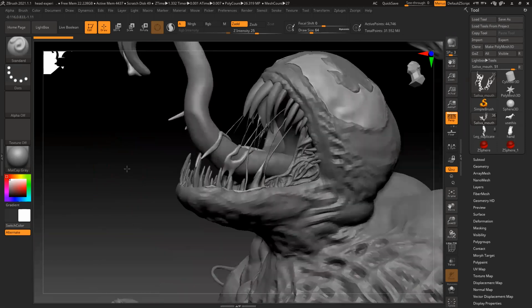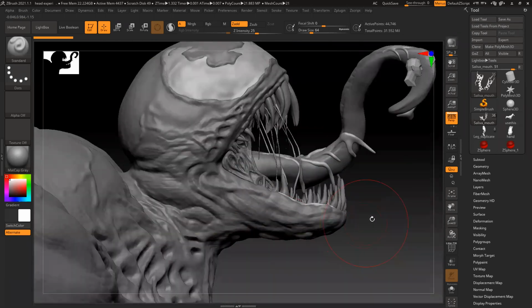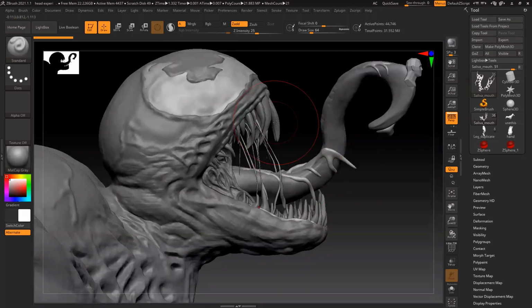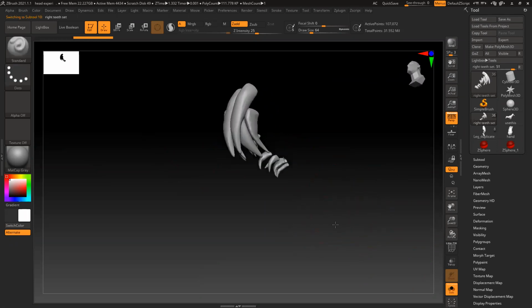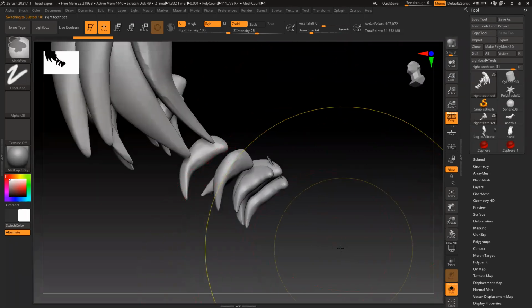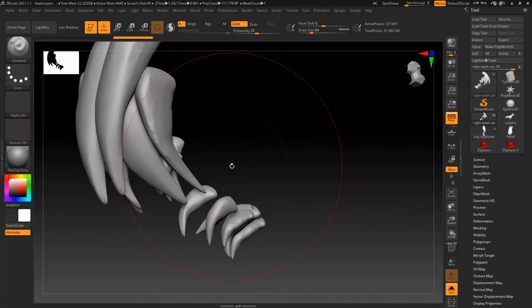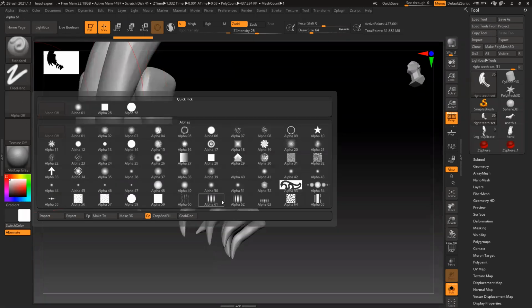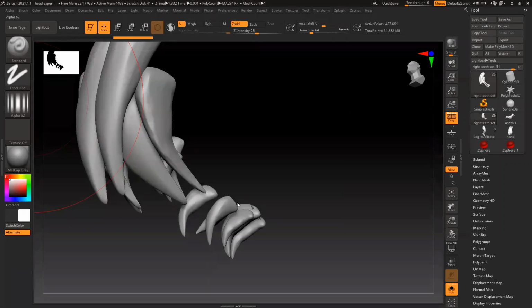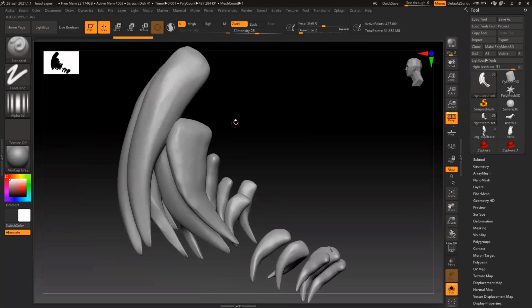And this line and all. Yes. For detail-wise, what I suggest is that a few more details are required. This is nice and good, but still there are a few more details we need to add. Subdivide one more time. You can use the standard brush, freehand, because you are doing it nicely. I'll push it a little bit further and add a little more detail, like the kind of renders you see on ArtStation and all.